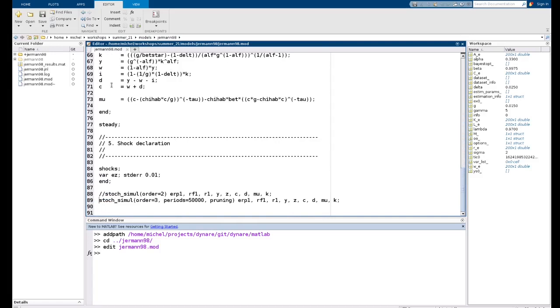Let's see. I have two versions. By the way, in a mod file, if you put // in front of an instruction, it puts that instruction in comment.